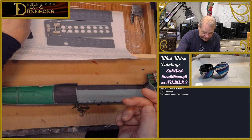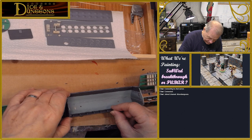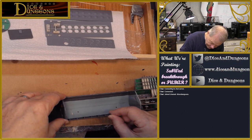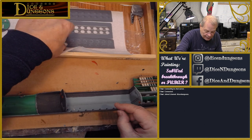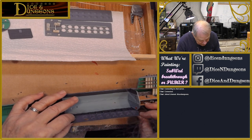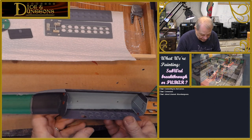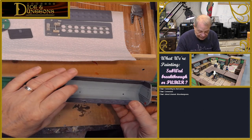Yeah, that part. Okay, so this goes here. Okay, and there's a little slot that fits into a tab in the hull, and that is what makes sure it's aligned correctly. Okay, that fits in like that. And then this one goes on the bottom. It fits in. There's a slot here on this one, and sort of a slot on this side. And, you know, there it is. It slides in, and